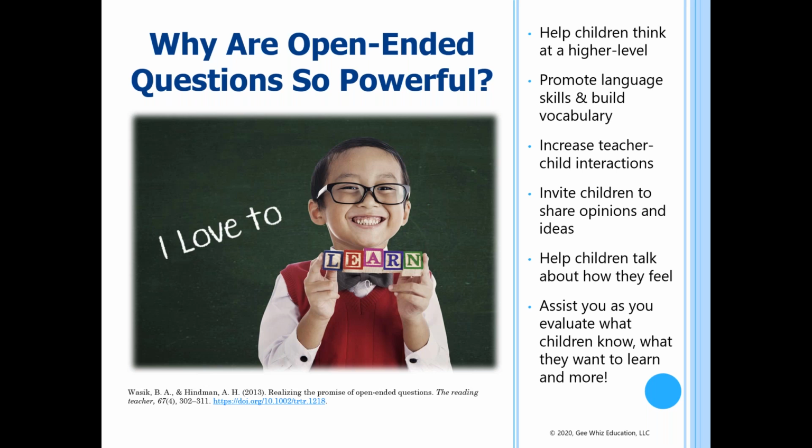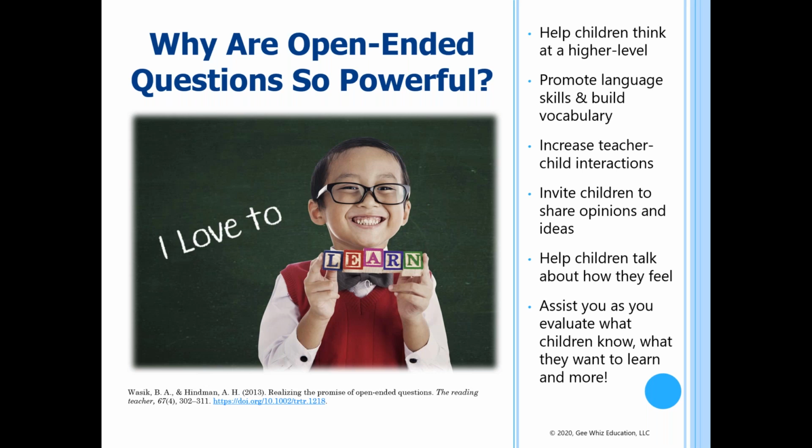So let's say you ask that question about the moon. That could spur a whole lot of new vocabulary and a whole lot of new language just because of that one open-ended question. And importantly, what we were talking about earlier with the environmental rating scales and things like CLASS and Fickers, that they are increasing those child and teacher interactions in a meaningful way. So you're engaging with the child, you're asking those questions that are promoting thinking, you're going back and forth, and that's what they're looking for.